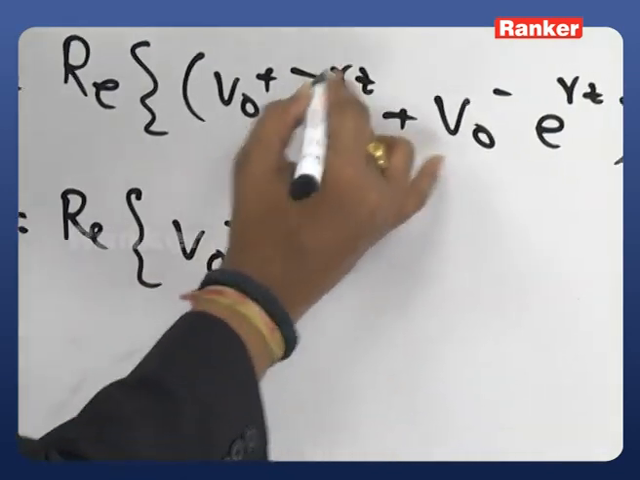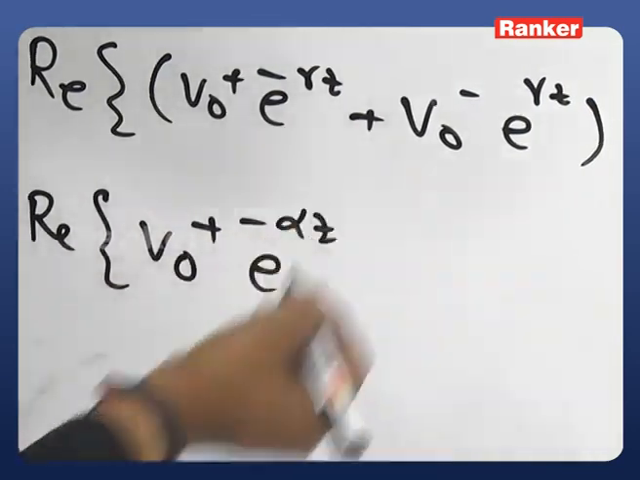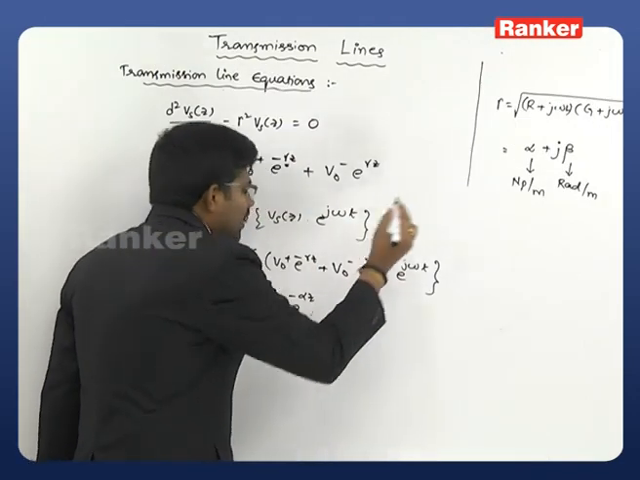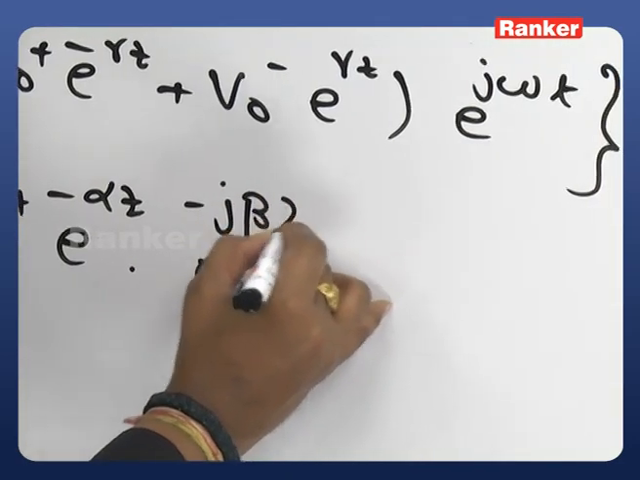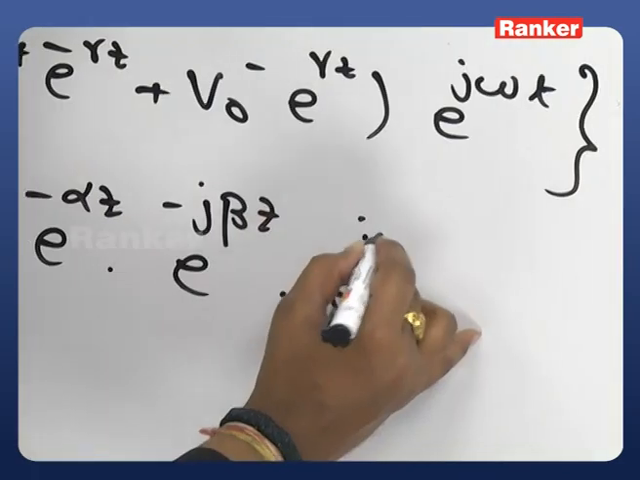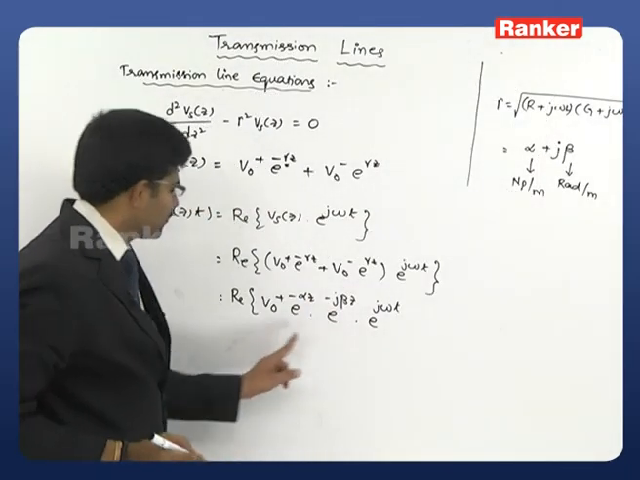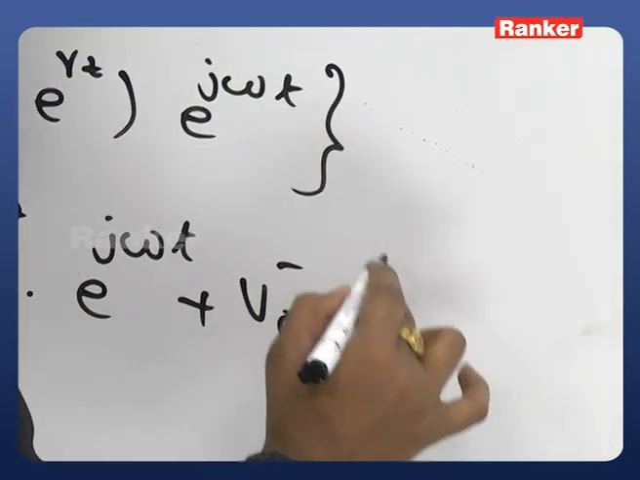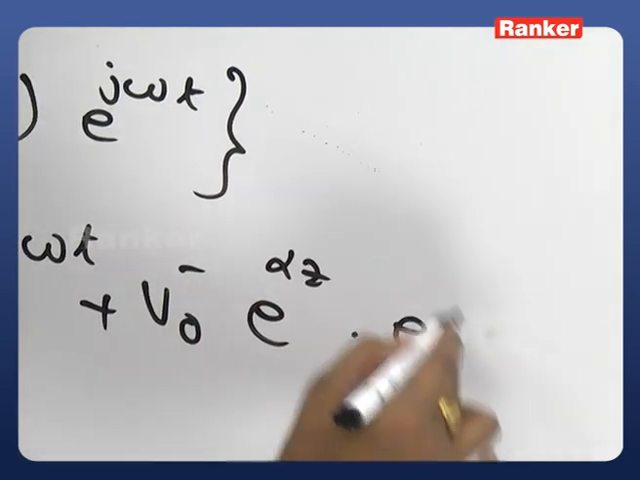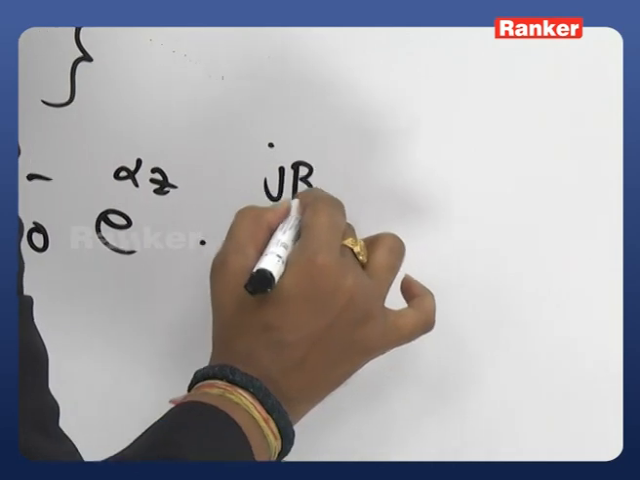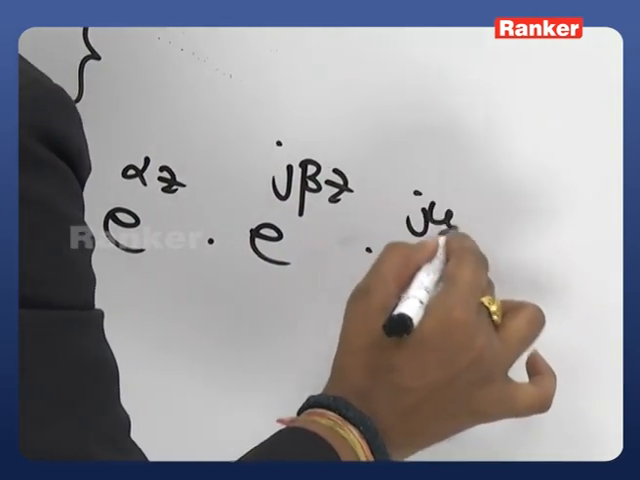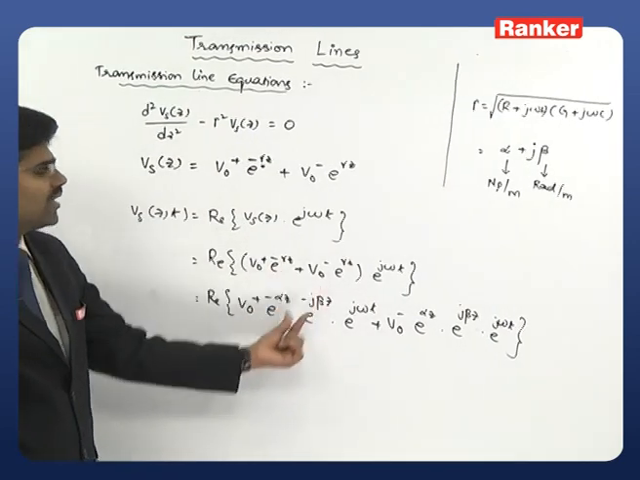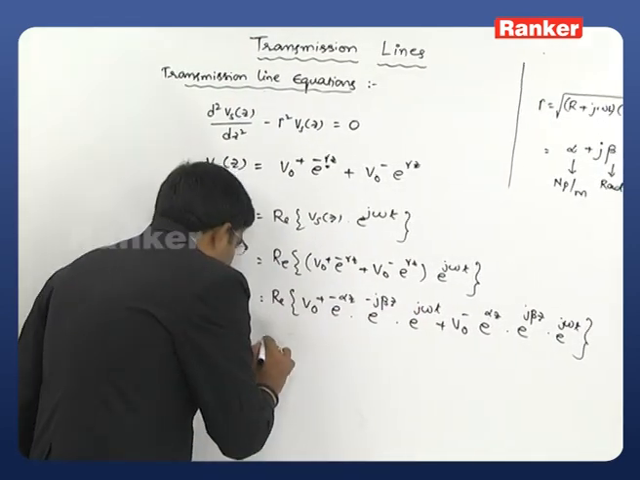V naught plus e power minus alpha z, that is what I am writing directly instead of gamma, multiplied with e power minus j beta z, and e power j omega t also I am multiplying. This is the first term that we have, plus V naught minus e power alpha z multiplied with e power j beta z multiplied with e power j omega t. Directly I am substituting gamma equal to alpha plus j beta and writing this equation, which is equal to,